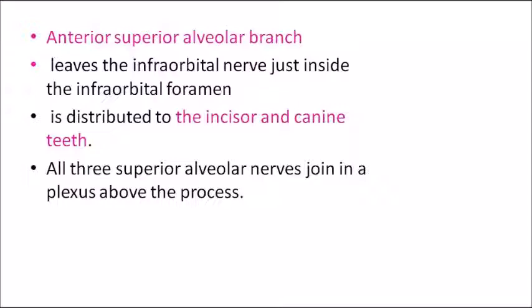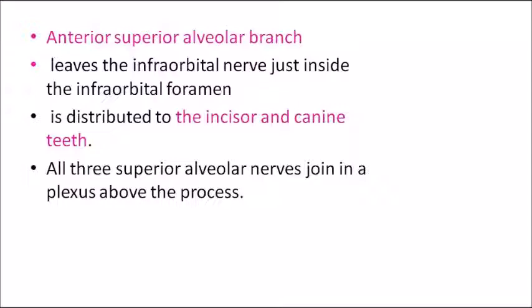canines. So when you notice, you can see that the vascular supply and the nerve supply are almost the same nerves and vessels. The terminologies are very much similar. The posterior superior alveolar artery supplies the maxillary posterior teeth. Premolars are supplied by the middle superior alveolar artery, and the anterior superior alveolar artery also provides supply to the maxillary anterior teeth. In the same manner, the nerve supply is also by the posterior superior alveolar branch.